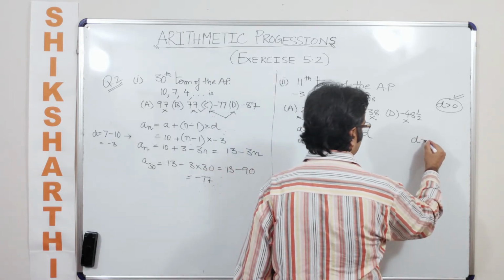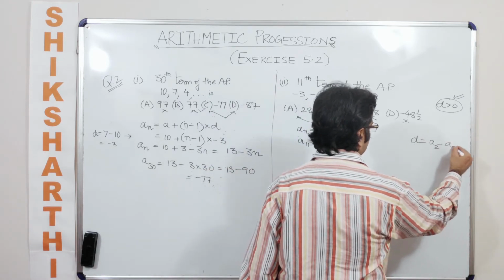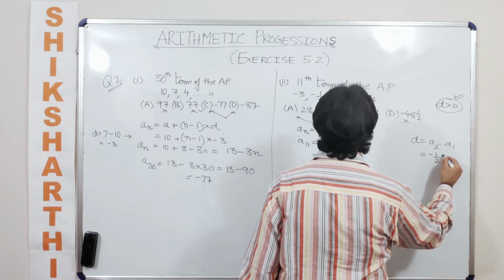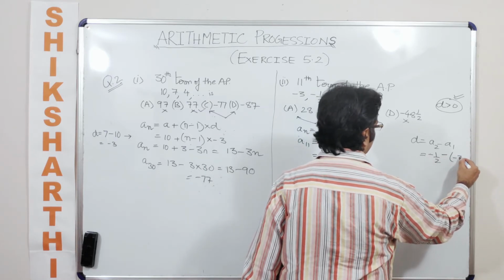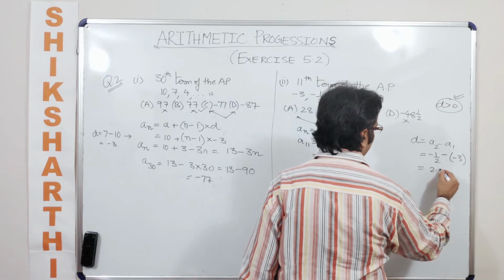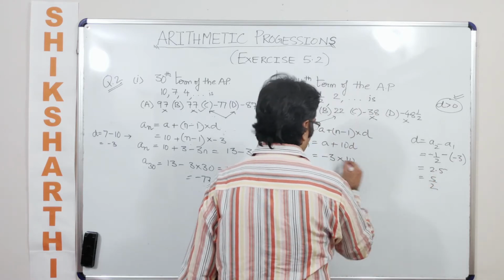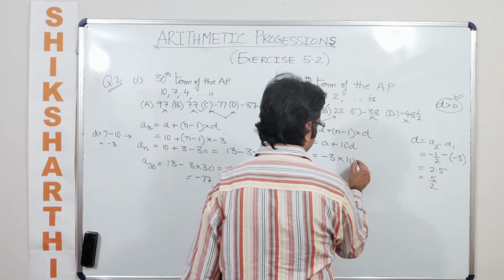So the common difference is nothing but the second term minus the first term, which in this case is minus half, and then minus of minus 3, which comes out to be 2.5, which can be written as 5/2. So now can I say this is nothing but